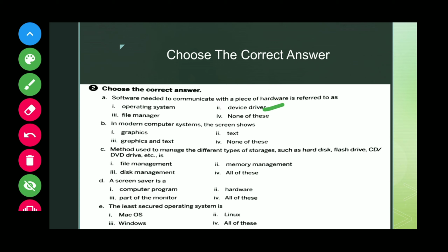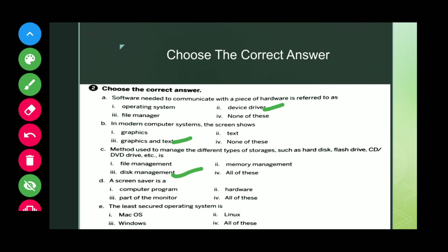Now in a modern computer system, the screen shows graphics and text both. Not only text, not only graphics, both graphics and text. The method used to manage the different types of storage such as hard disk, flash drive, CD drive, etc. is known as disk management.